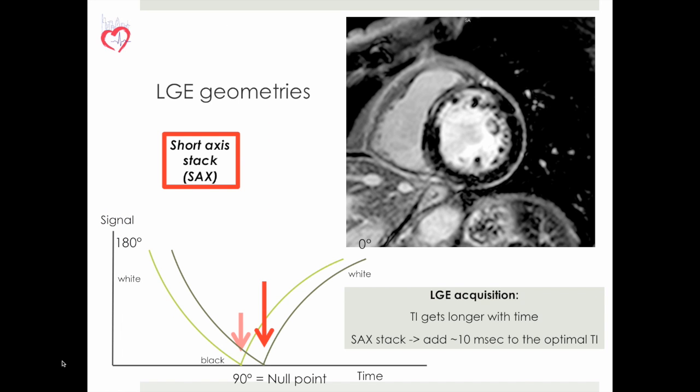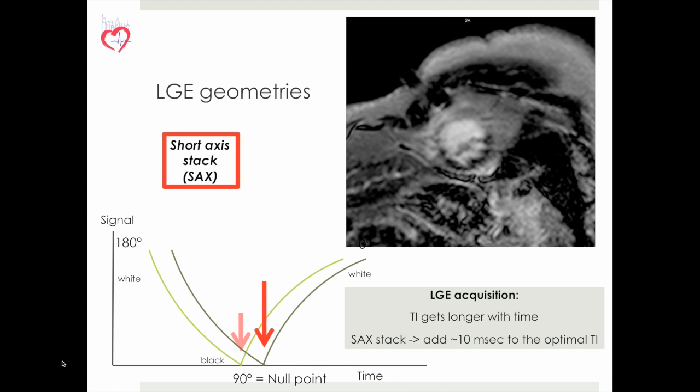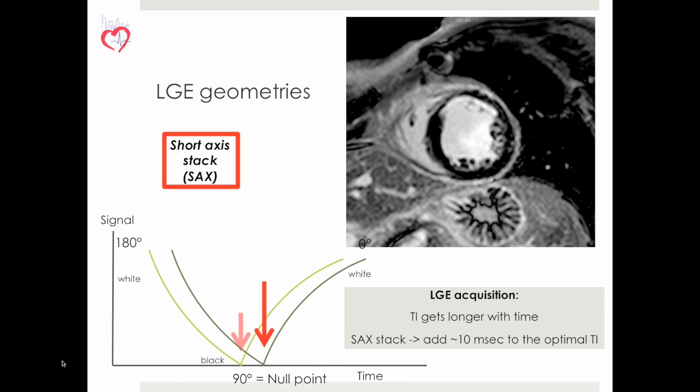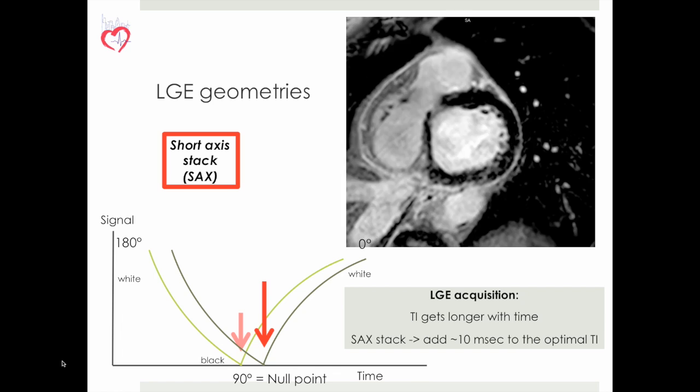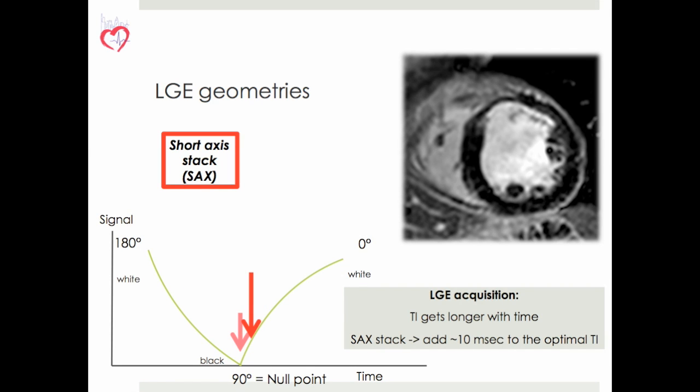Acquisition of a short axis tag takes a certain amount of time, between 3 to 5 minutes, dependent on the size of the ventricle. To account for the time required to complete a short axis acquisition, we routinely add an amount of time, let's say 10 milliseconds, to our optimally chosen pre-pulse delay. By this we ensure that as the time passes, we will be moving through the null point, as opposed to